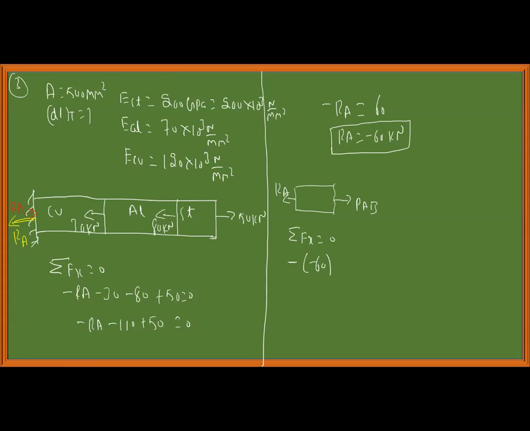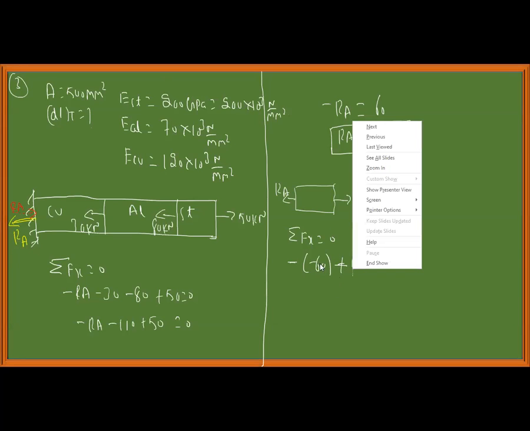If I would have taken RA in the positive sense, that is 60 kilonewton, then minus of minus will be plus 60. Therefore, whatever you assume, minus of minus 60 plus